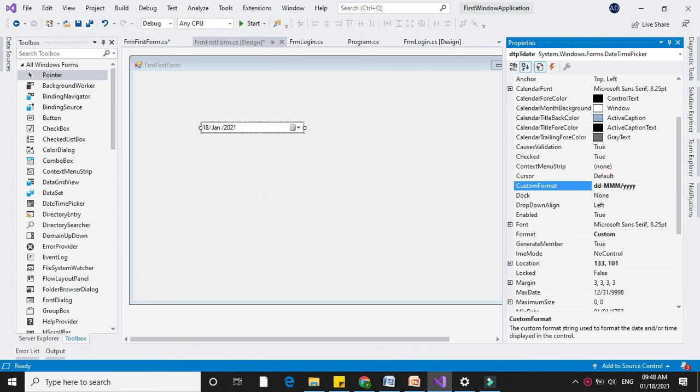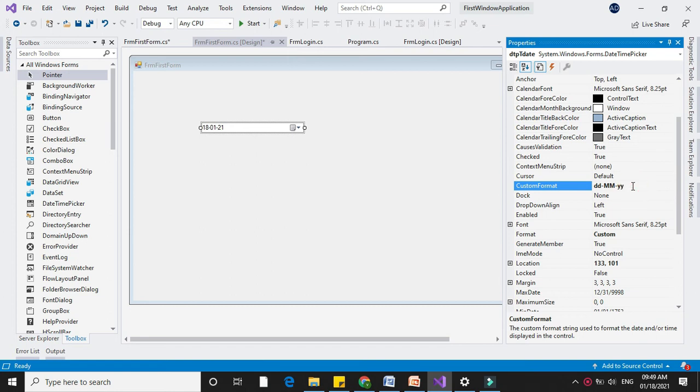If I give a dash, it will display the format 18-Jan-21. If I give the format dd/MM/yy, it will display the date in DDMMYY format. If I give two times y, it will display the short year, that is only 21.